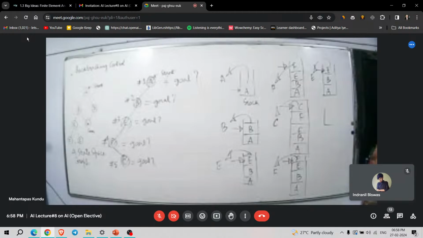Now here, we will generate this successor of B, that is G. As soon as we generate a successor of a node, that node will be stored on the stack top and also the successor. So A is already there, B will be on the stack, and then the successor of B, G, will be on the stack top. This time we will again